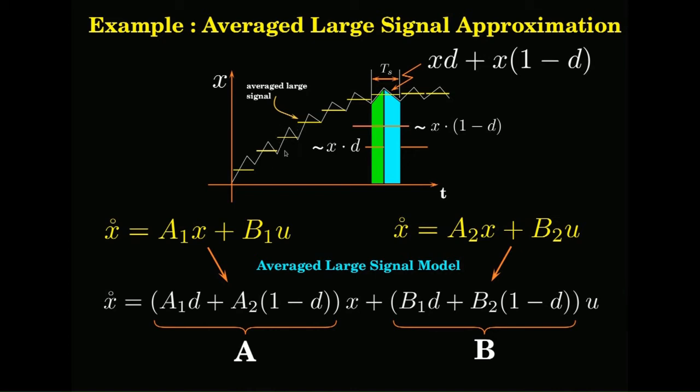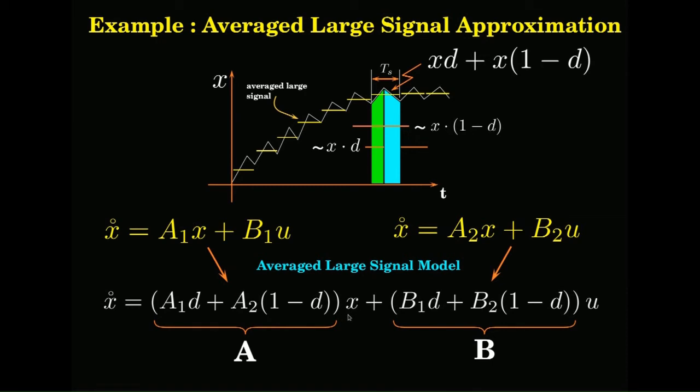So, that is why we still call it an approximation. It is not exactly instant by instant the same as the large signal, but it serves the purposes of modelling and control. So, sir, in that you have shown that x gets modulated as xd plus x times 1 minus d. If I try to put it in here, only that state variable should get that expression. Why is that? The state variable I still retain is what is measurable.